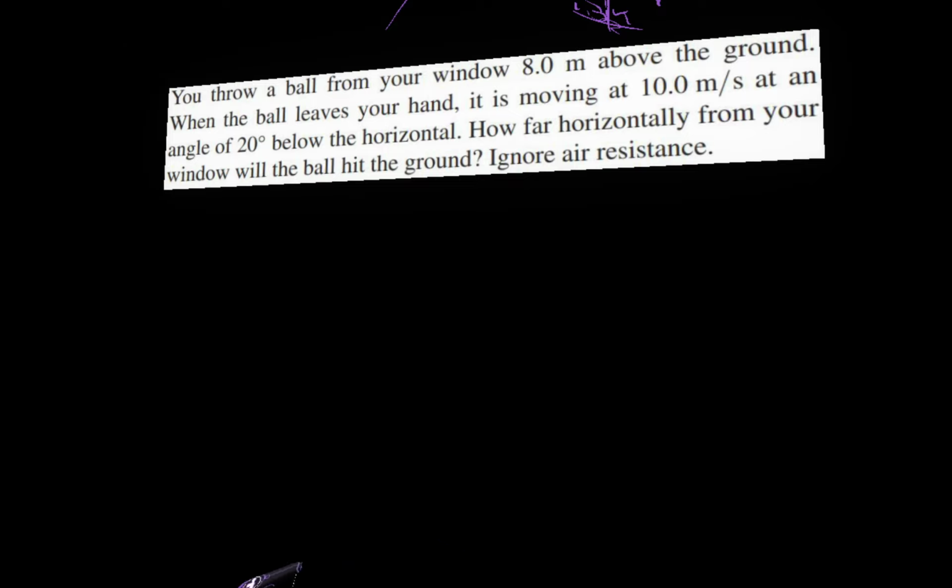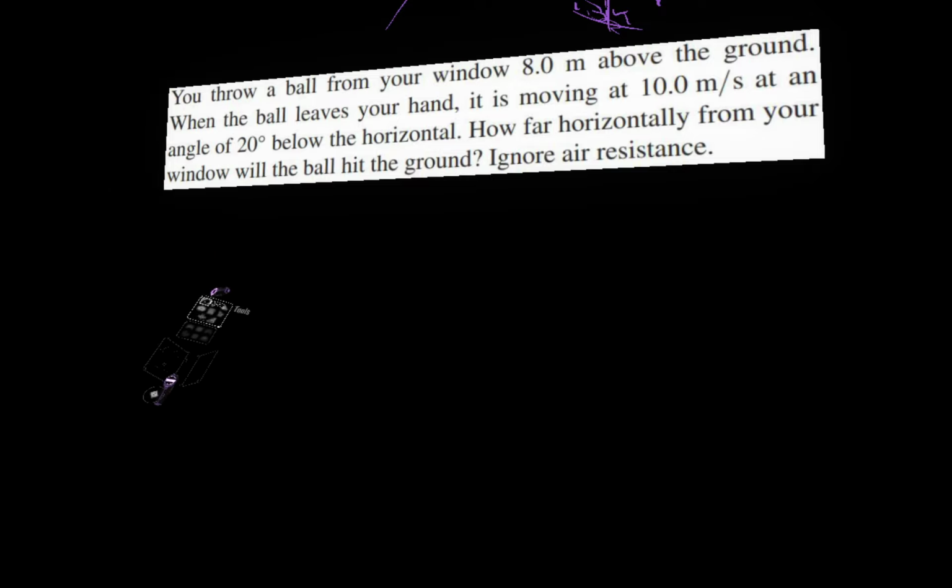So what we're wanting to do, what we're asked to do, is find x, how far horizontally from the window, x, will the ball hit the ground. So that condition, the ball hitting the ground, is when t is equal to something, right? And that something is dependent on y being something, right? So when the ball hits the ground, well, if the window is 8 meters above the ground, y must be equal to